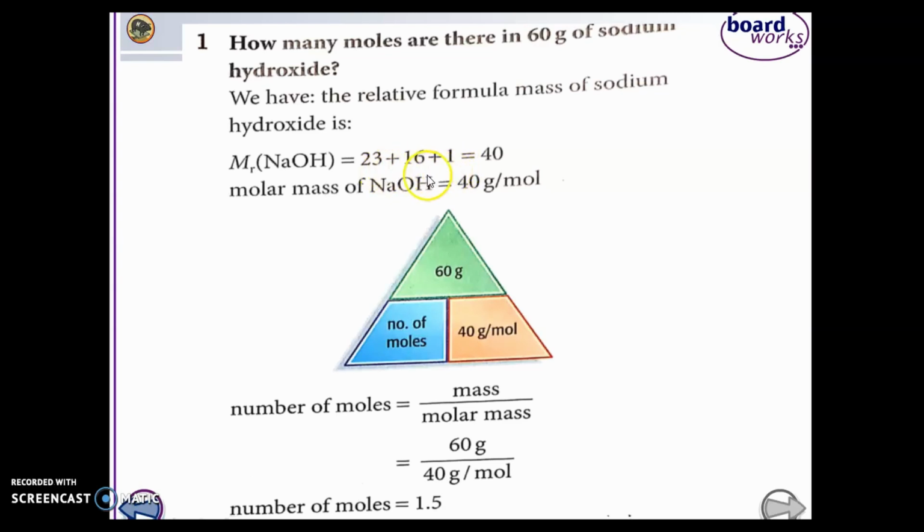The sum of these atomic masses is your relative formula mass of sodium hydroxide, which is 40 grams per mole. In order for you to find the number of moles, you need to divide the mass given in the question by the calculated relative formula mass. Therefore, your answer is